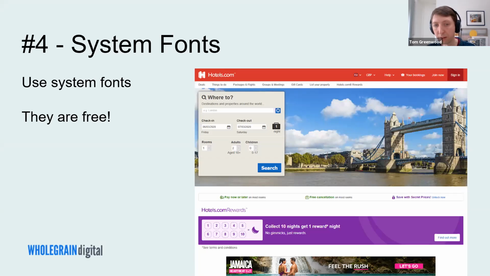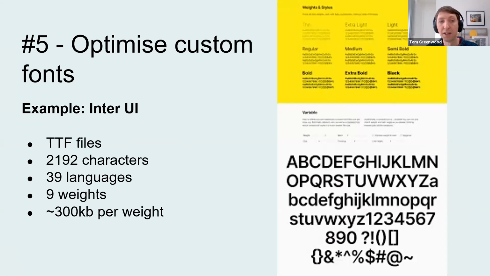So hotels.com is a great example where they only use system fonts. And obviously they're a successful business and they've got away without using any custom fonts. And the good thing about that is that it also makes their website faster, which is probably why they've made that choice, because it's reducing the amount of data transfer. If we move on to the next one,